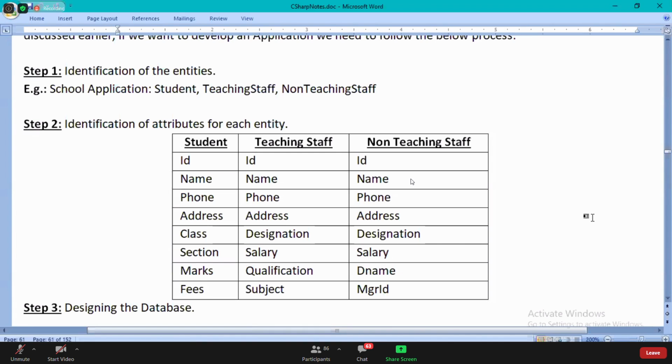No issues. But just understand one thing here. What is that? When you're going to define the 8 attributes in each and every class,